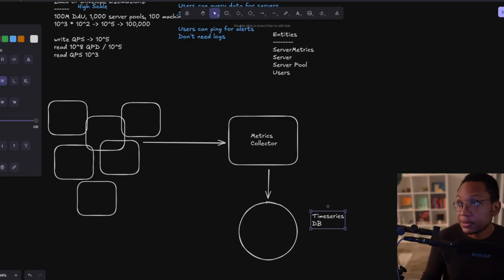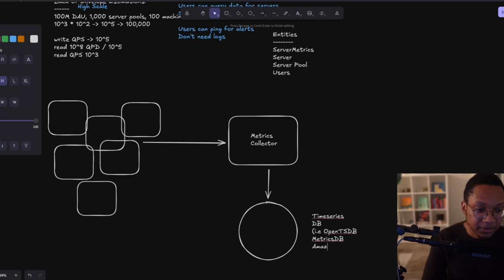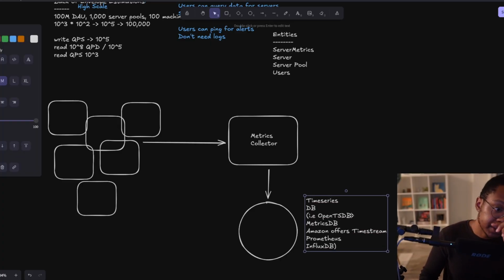And so these types of databases look like, let's see, what are they called? To give you guys some examples, there is OpenTSDB, MetricsDB, Amazon offers Timestream, and then we have Prometheus, and we have InfluxDB. We have tons of options. Obviously there's more than what I've just written out here, but the big idea here is that you guys,